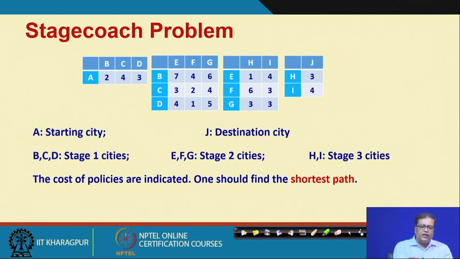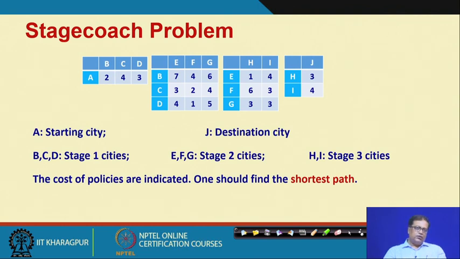Sometimes we can actually make a matrix of this form, very easily we can find out the costs, let us say A to B is 2, A to C is 4, and in these matrices they can be called as distance matrices. The distance matrices give us the cost figures in a very summarized way. So, what we need to find out? We need to find out the shortest path.